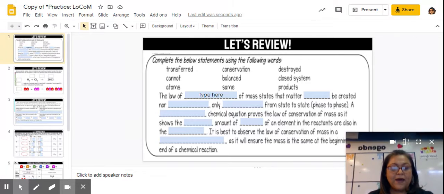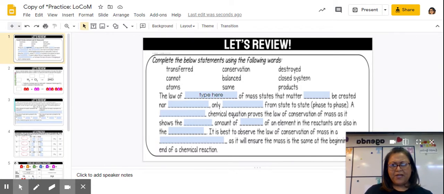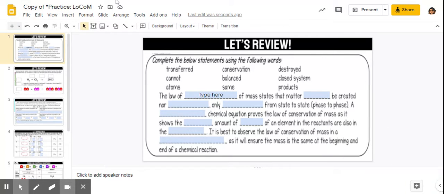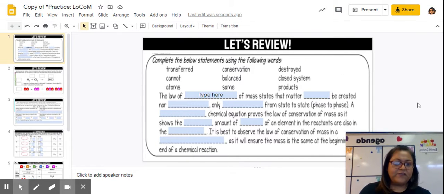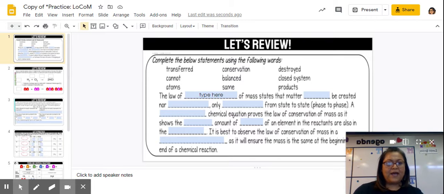All right, anyway. I wanted to go over the practice for law of conservation of mass. On this screen, it was just typing the words to finish out the statements, and you did have an answer key. It would read, the law of conservation of mass states that matter cannot be created nor destroyed, only transferred